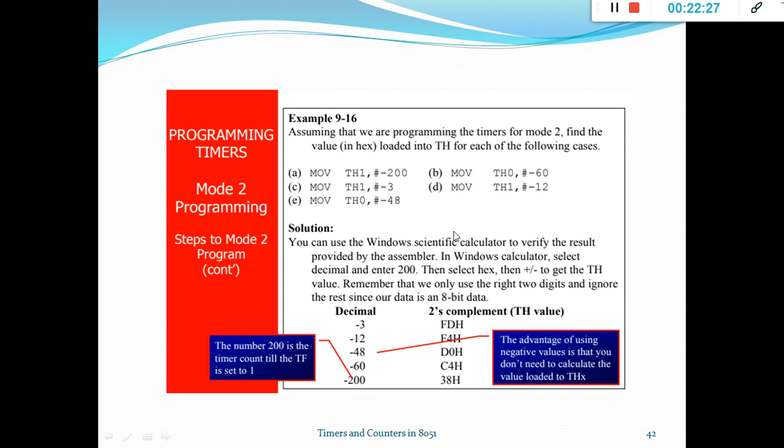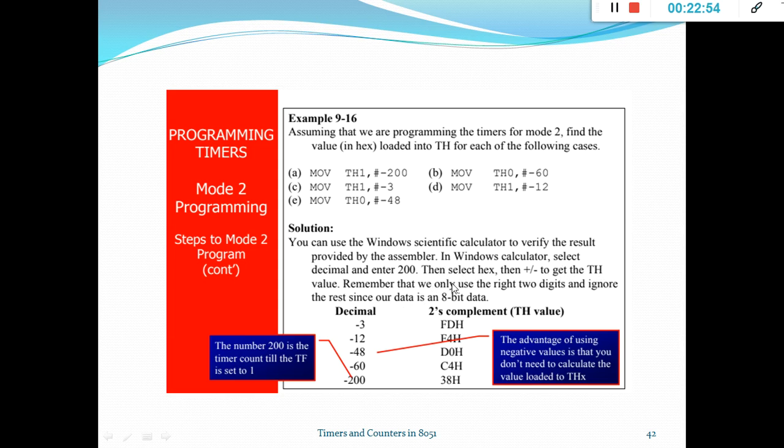You can use the Windows scientific calculator to verify the result provided by the assembler. In the Windows calculator, select decimal and enter 200. You know how to convert hex to decimal and decimal to hex. So go to decimal, type 200, don't type minus. Then select hex, then plus or minus to get the TH value.